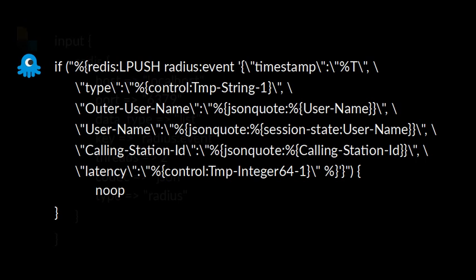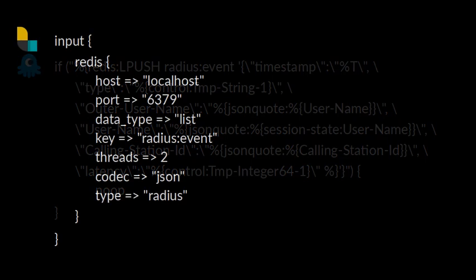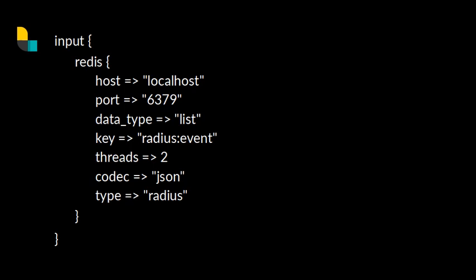Once that's in Redis, you can then use a Logstash config, like this, to pull the data out of Redis, and that will just sit there quite happily. Just when something appears on the list, it'll take it off one at a time. You can also use the